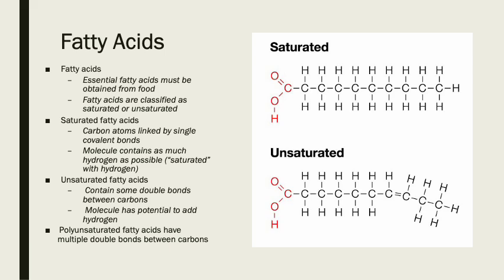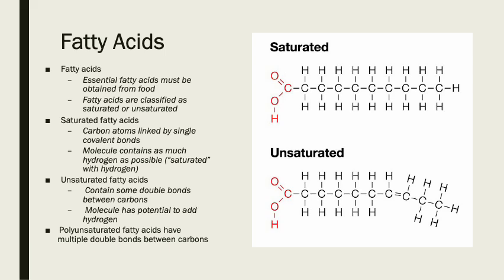And if you look at them, they are all full with hydrogen. So there's not any open carbon. Each carbon has 4 bonds. 2 of the bonds are going to be to other carbons because it has to connect to the next carbon to make a chain. However, every other bond available on these carbons is taken up by a hydrogen. The beginning has a hydrogen and the end has a hydrogen. This thing is full. There are no double bonds between the carbons because everyone is having a single bond